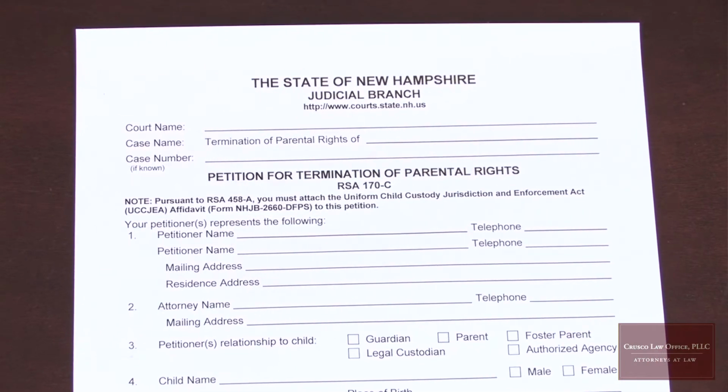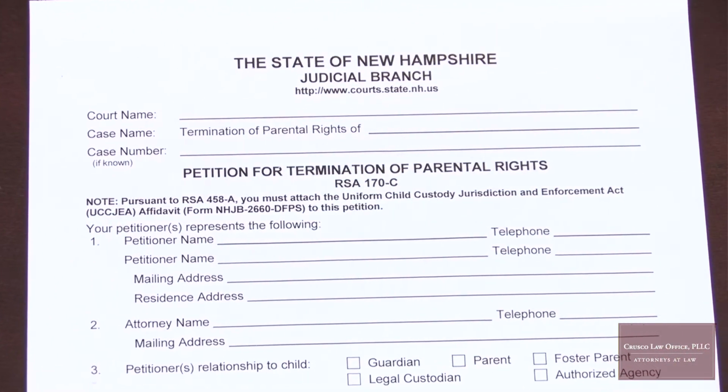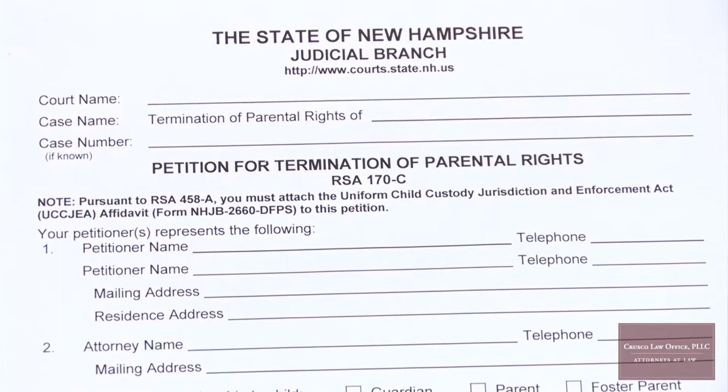If there have been telephone calls that have gone unanswered, if the phone number has been changed, if the parent or guardian of the child has moved and not provided a forwarding address, that could go towards the things for best interests. If the court finds that there are statutory grounds to terminate parental rights, the court will then examine whether it is in the best interest of the child. The court will take into account all of the circumstances of the family in considering whether it is in the best interest of the child.